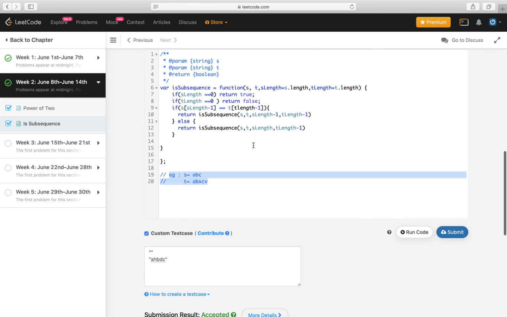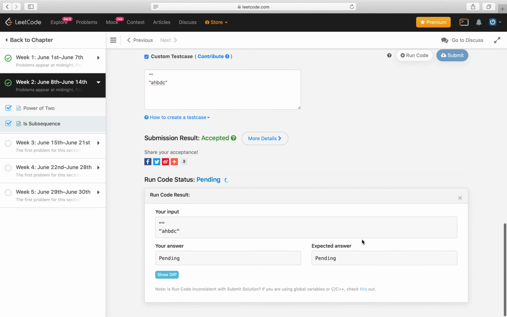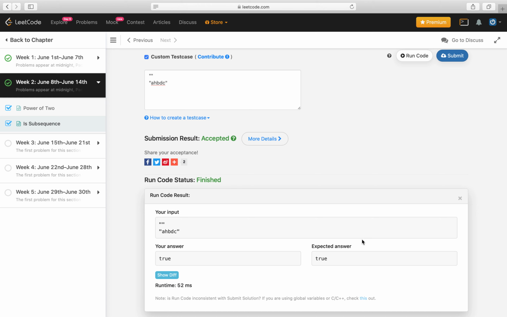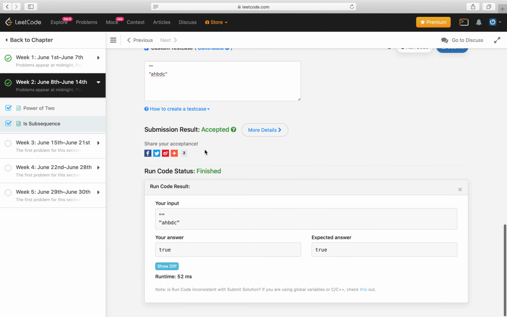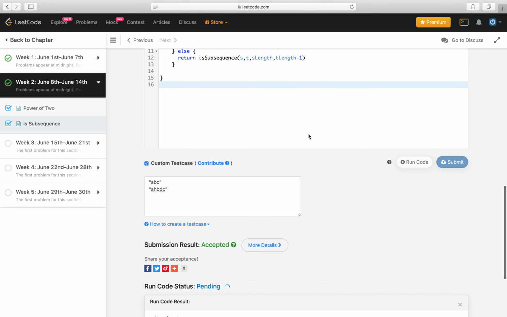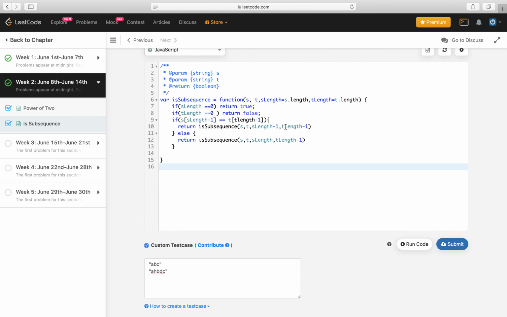Line 17, yeah, this is one extra bracket. This one works fine. Let's try one more example, which was ABC. T length is not defined.